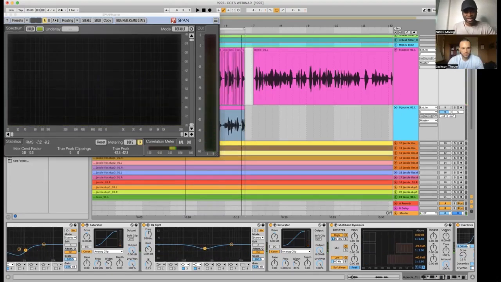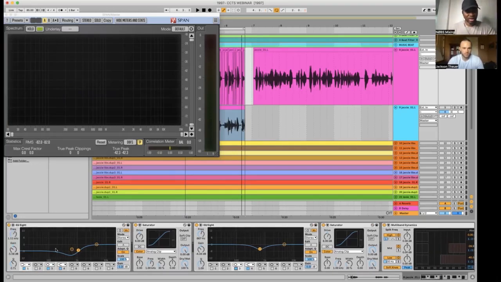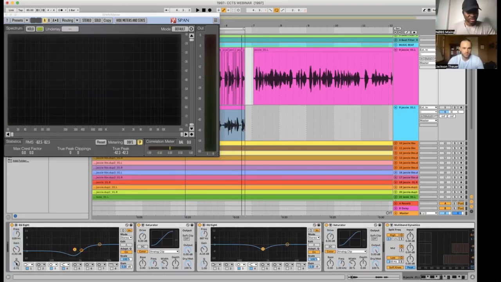Then I like to cut a little bit of 600 or 700, because that shifts my energy to the 1K area. That's another trick. If I turn off this cut right here in the middle, I'm doing it twice to kind of exaggerate it. So if I cut this up, you notice that it still sounds good, but it's not as good, because with that cut, it pushed the energy to the 1K, 2K area.